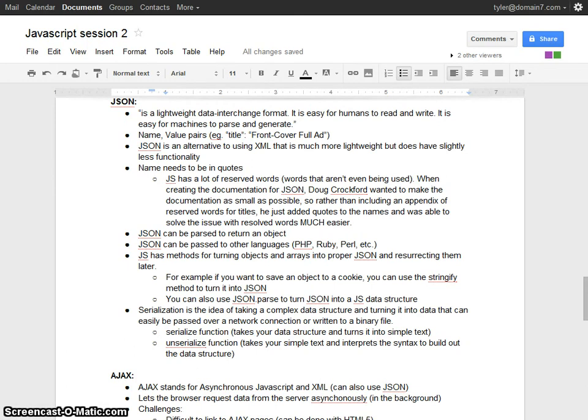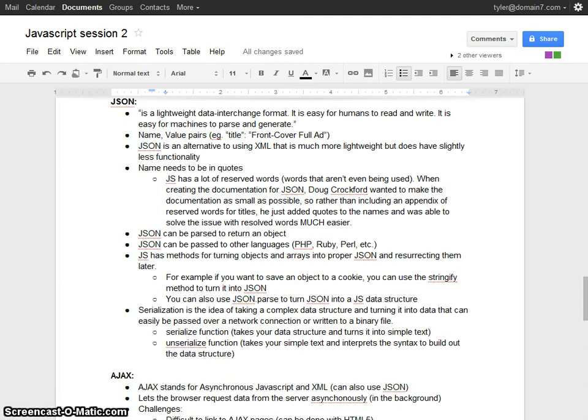So JavaScript has methods itself for turning objects and arrays into proper JSON and resurrecting them later. So we can use the two functions that JavaScript has.